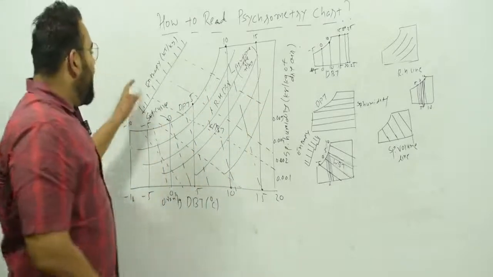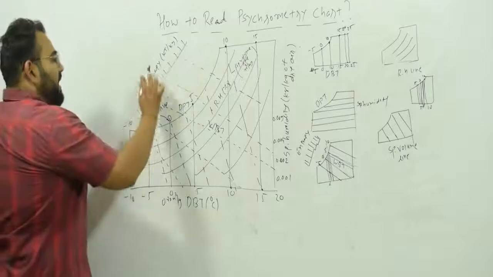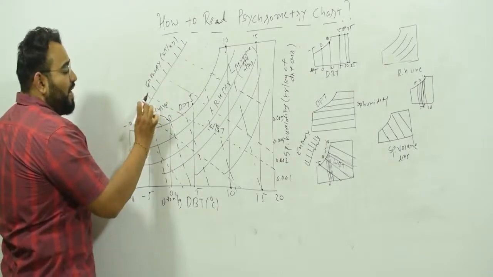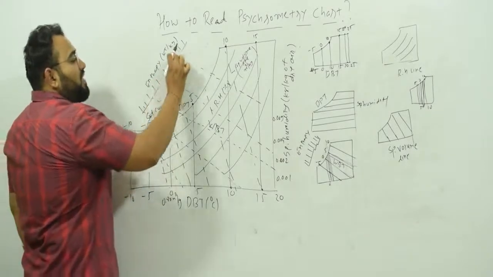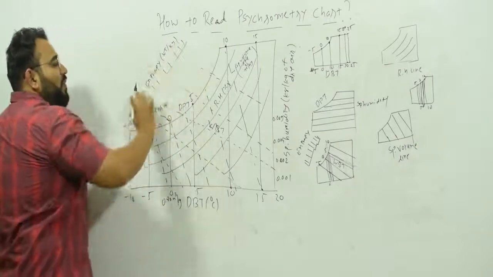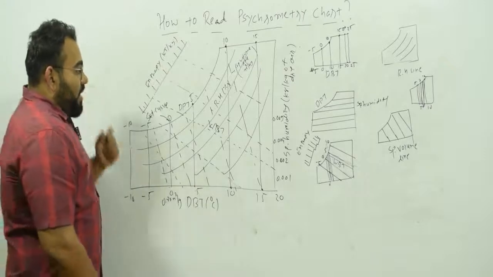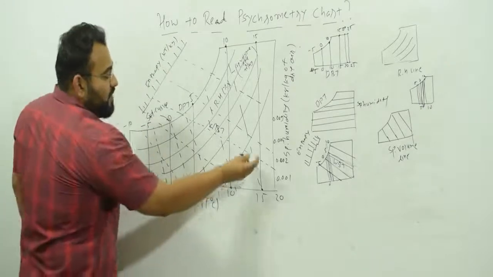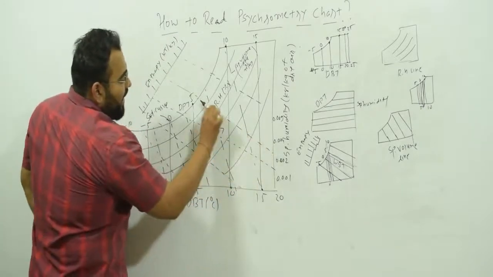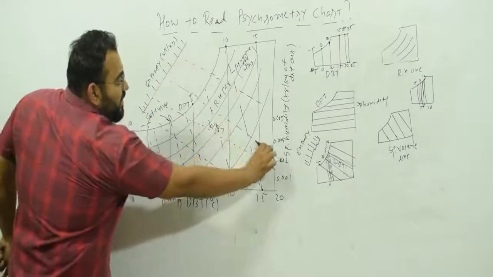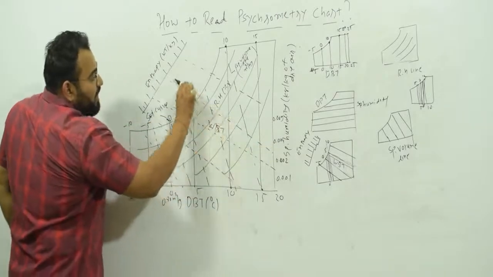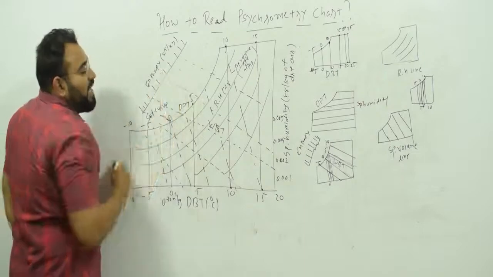Now next thing you will have is enthalpy written over here. Enthalpy, kilojoule per kg. Here you will have values 20, 30, 40, 50, 60, 70, 80, whatever. Here the value will be written for the enthalpy. Now how to find the enthalpy? So let's say you have a WBT line, so this is the WBT line, and if you extend the WBT line from here, same way like this here, and then you go upward, whatever you find will be the enthalpy.